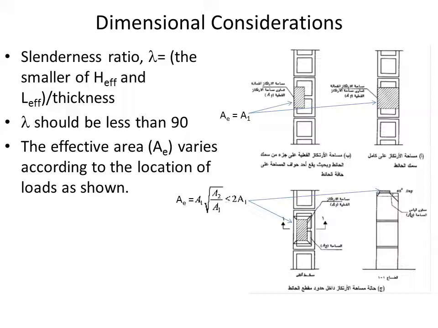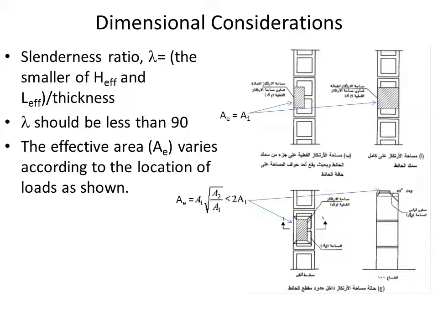If this area covers the whole thickness of the wall, this is simply the area of the plate, so it will not change. However, if it is only covering part of it and it is not acting at one edge, then we are talking about a certain area which is a function of the 45 degrees